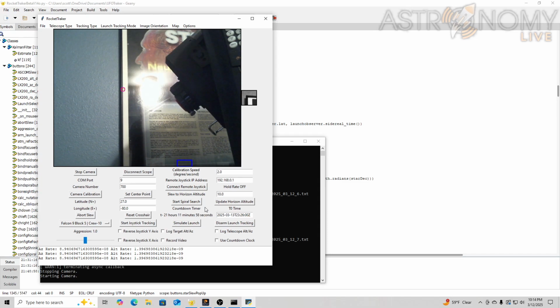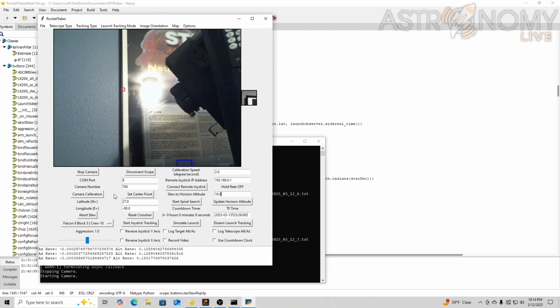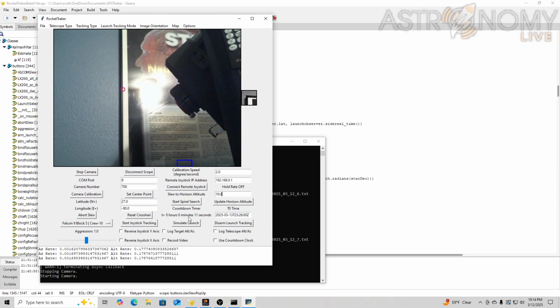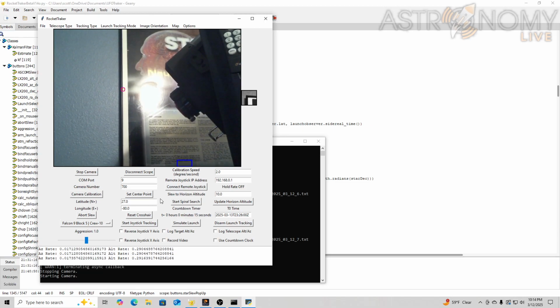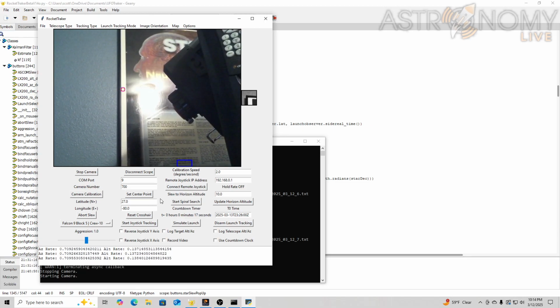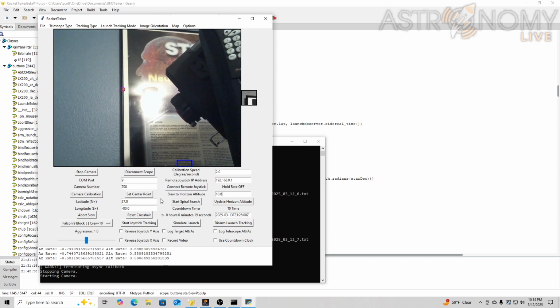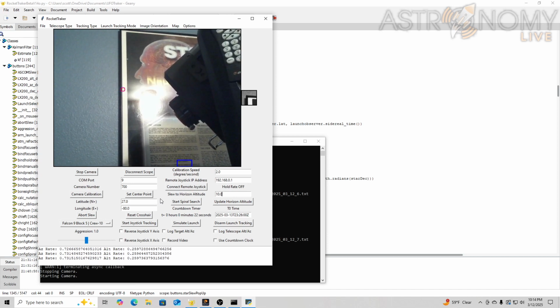So I'm going to go ahead and push the button now, and it will immediately start playing back the trajectory file. You can see the rates changing rapidly here as it slowly plays back the launch file in real time. We can see the T+ time is now going up, and we have full joystick control as well, so I can adjust with the joystick if the rocket is moving differently than the prediction, and I can go back to